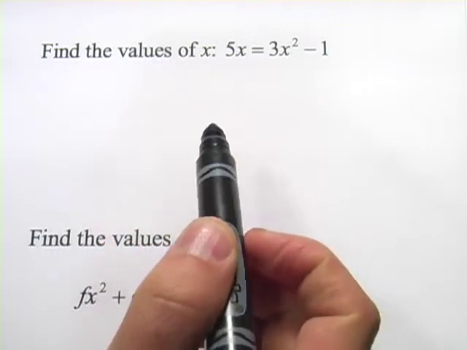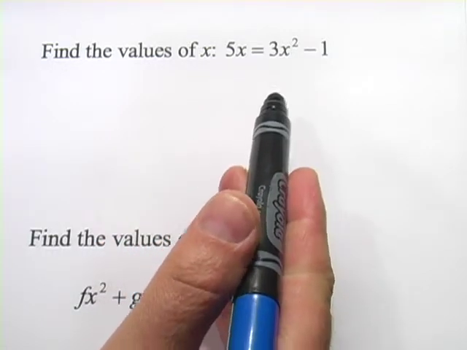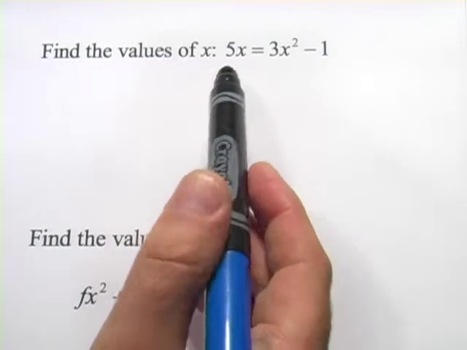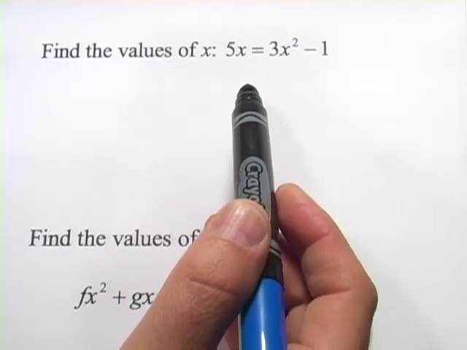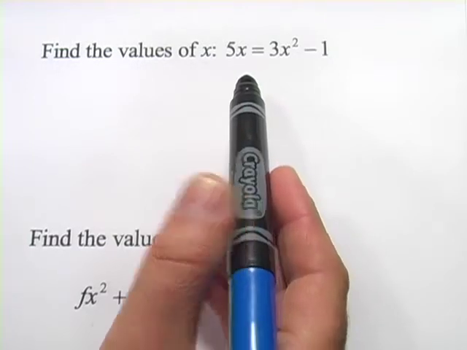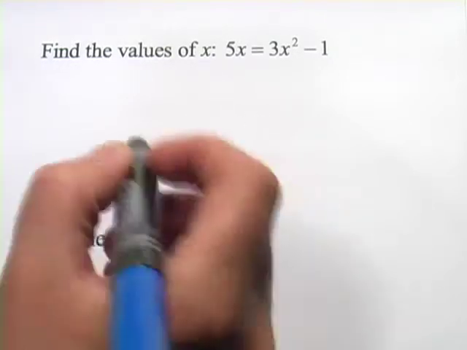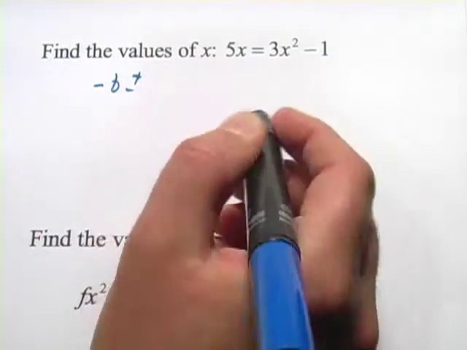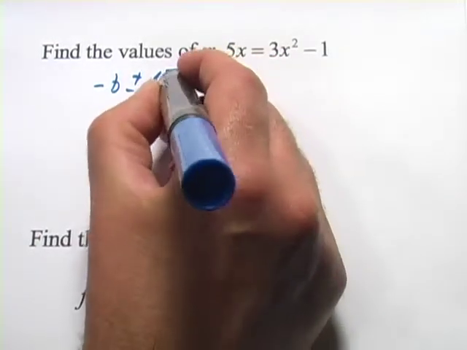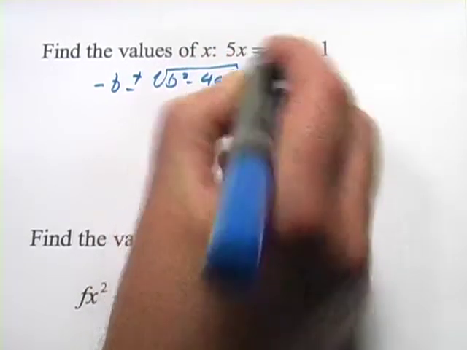In these problems, we're finding solutions to quadratic equations using the quadratic formula. Sometimes a quadratic doesn't lend itself to factoring, you can't use the square root rule, so you have to use the quadratic formula, which is very handy to know. And remember, the quadratic formula is negative b plus or minus the square root of b squared minus 4ac